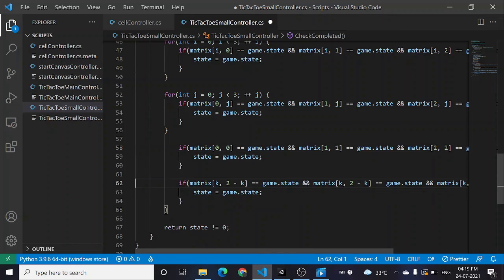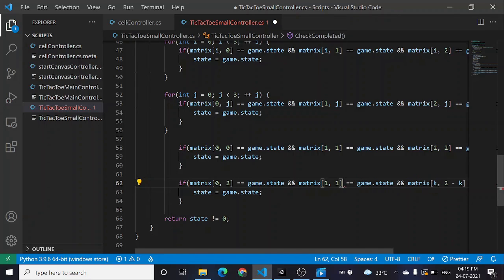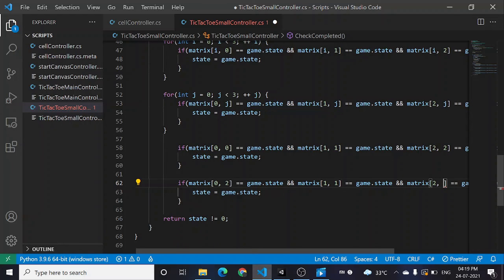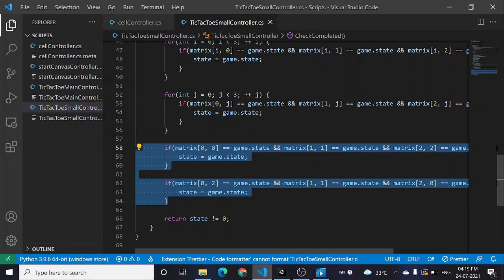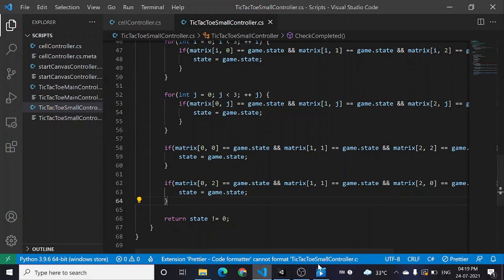So we need to check 2 diagonals, so that for loop is unnecessary. So 0 comma 2, 1 comma 1, 2 comma 0. Sorry, that was a very messed up mistake. Going back to